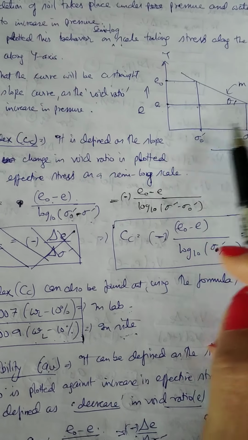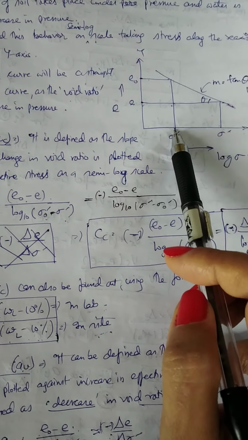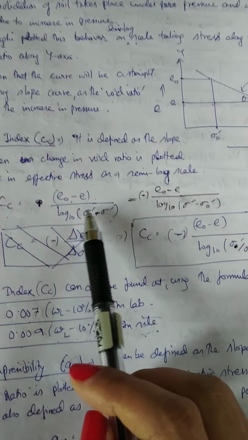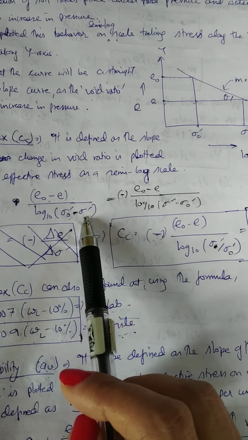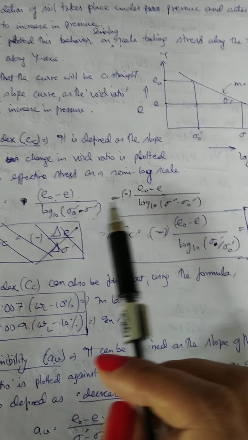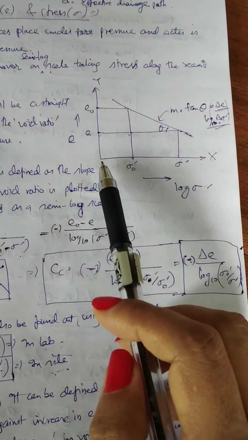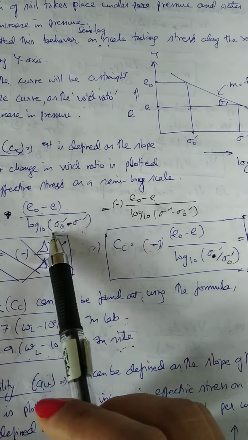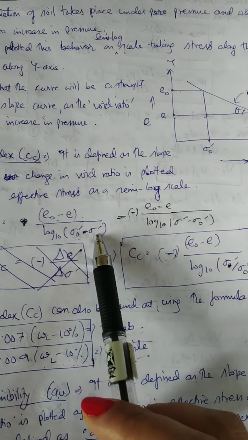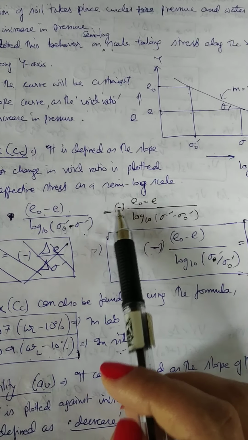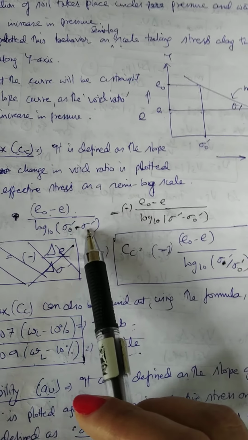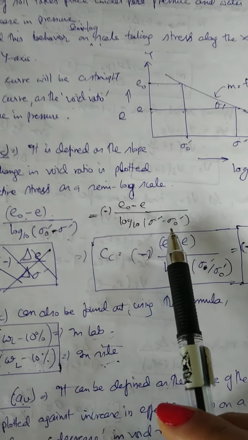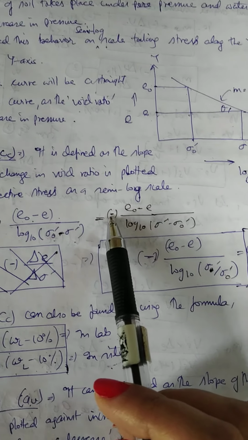And then the difference of the pressure will be how much? The initial pressure here is sigma naught dash and the final pressure is sigma dash. So the difference of these two on a log scale: log of sigma naught dash, the initial stress, and the final stress sigma dash, right? Since the final stress will be more than the initial stress, if we deduct that, we get a negative value because that value is higher. So we take that negative outside because we cannot deduct the greater value from the smaller value. So we put the final value of stress in the front and the initial stress at the end, and we put a negative sign here.